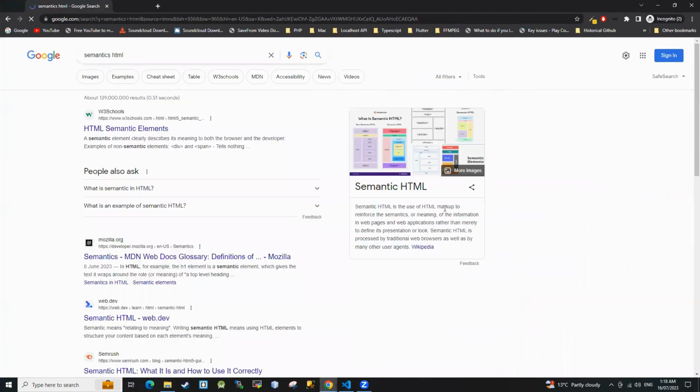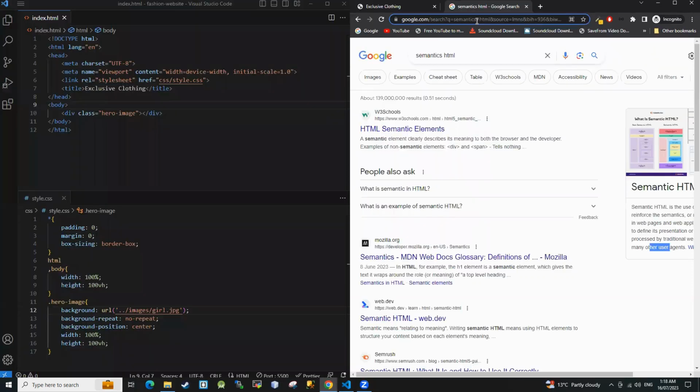Semantic HTML is the use of HTML markup to reinforce the semantics of meaning or information in web pages and web applications rather than merely to define its presentation or look. Semantic HTML is processed by traditional web browsers as well as by many other user agents. So in your spare time, I encourage you to read, but obviously if you have questions,